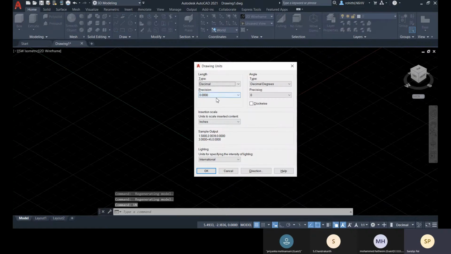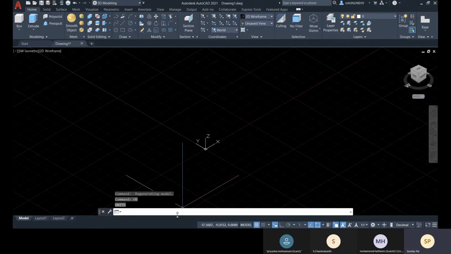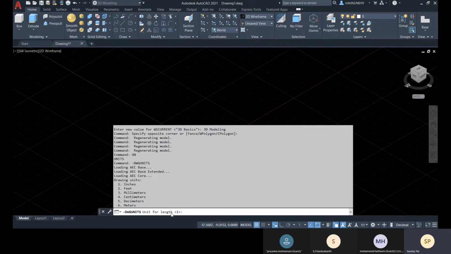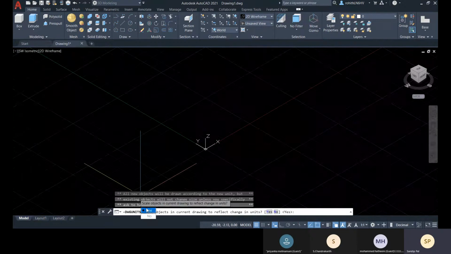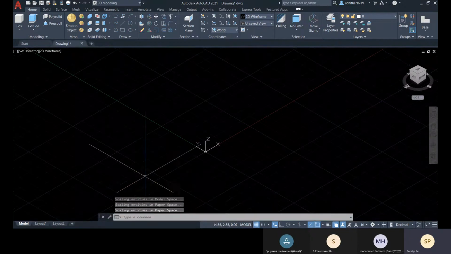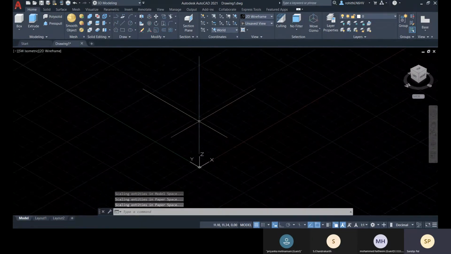You will enter, and there you will be changing all the things, or else you can go directly with dash UNITS. You already know. Let me go with this 3 and display format 2 decimal. Linear display I need 2, and scale objects upon insert, yes. Match insertion units to drawing units, yes, and yes, and yes. So now we are ready.